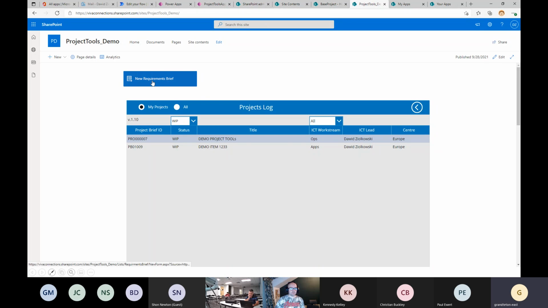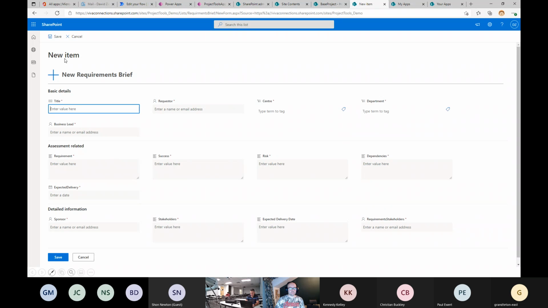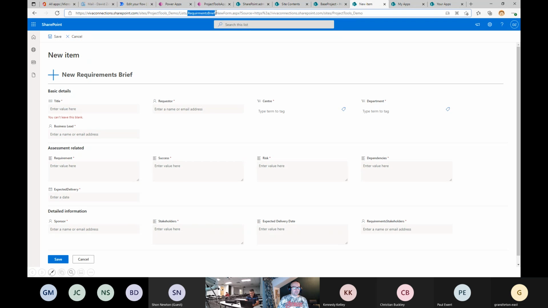Okay, so this is an old school trick: if you have the list, then you can add this new form, and I think it was the edit form and view or detail form, which will redirect you to